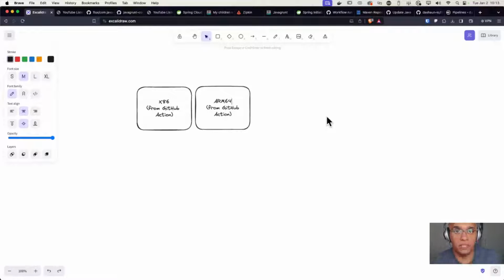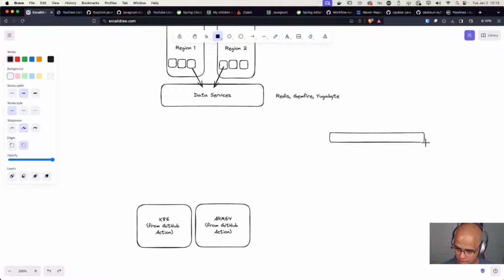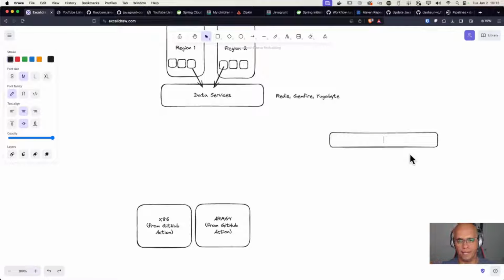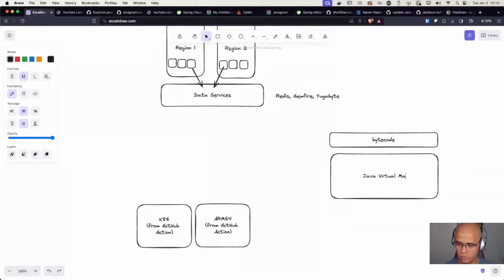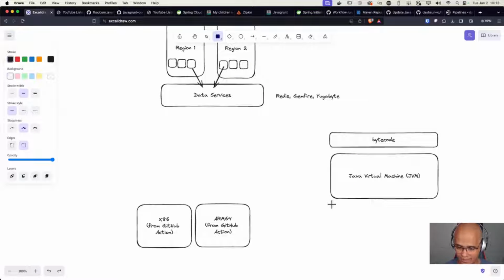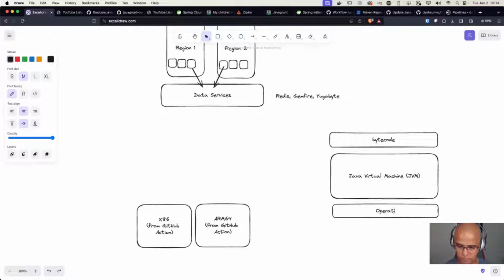And when you're doing native images, well, let's back up. Let's just remind what we're doing here. Bytecode. You've probably seen this many, many times, right? Java gets compiled into bytecode. Bytecode gets run on a Java virtual machine. And that bytecode can run on any Java virtual machine, which means it can run on any operating system. So we've had this for a long time. This was the big deal about